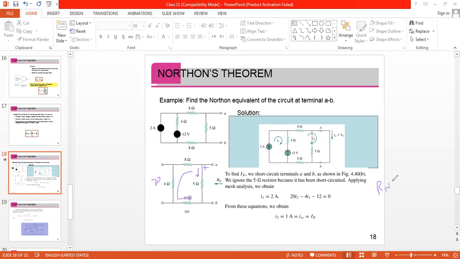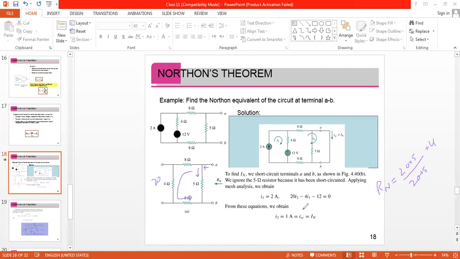RN, which is the Norton resistance, you can also write it as R Thevenin, it's the same thing, which is equal to 20 times 5, because both of these are in parallel, divided by 20 plus 5. The total resistance is 4 ohm. It's not written here, but you will find it in the next slide. So you have found the Thevenin resistance or Norton resistance, since both are the same thing. So I'm going to call them Thevenin or Norton, the same thing.